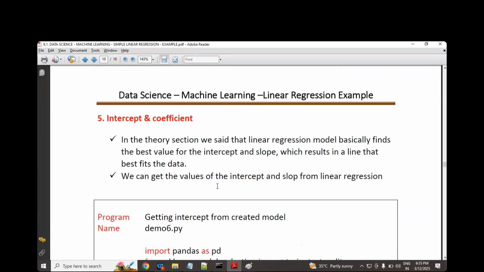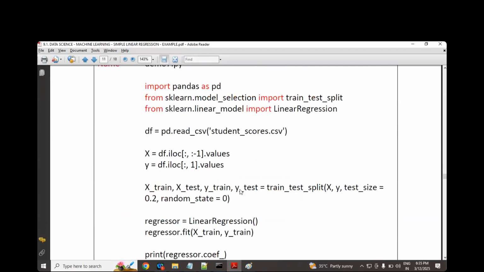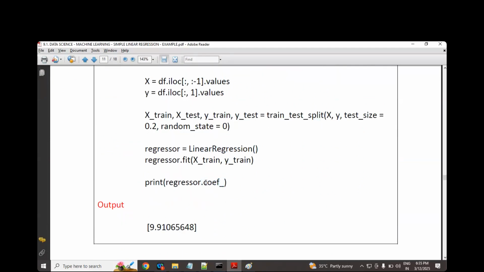As usual, we already know we'll get the intercept and the coefficient. I hope you know how to capture them. For the intercept value, you need to call a special attribute, and for the coefficient value, you call the coefficient attribute. One small secret let me reveal today: whenever you call the coefficient, it returns an array. If it is a single feature, a single coefficient. If it is two features, two coefficients. Three features, three coefficients.